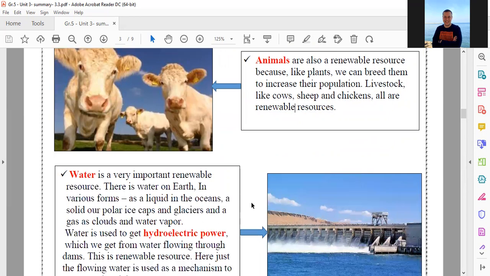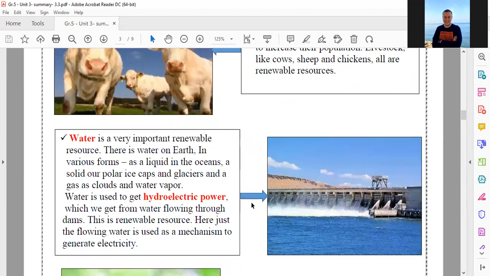Okay, then what? The water, yes. This is already known. Water is a very important renewable resource. There is water on Earth. Do you remember we said that about 70 or more than 70% of Earth's surface is covered with water? There is water on Earth in various forms, as a liquid in the oceans and as a solid in our polar ice caps and glaciers in both the North Pole and South Pole, and as a gas in the clouds